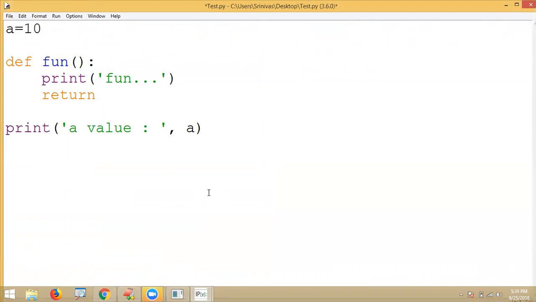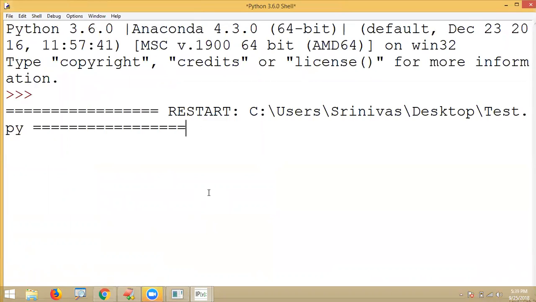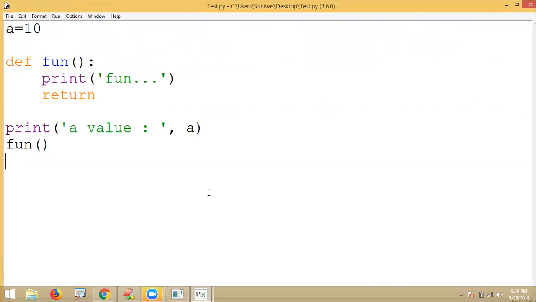And next one, I want to access the fun method. So this is simply the fun method. Whenever we execute this, a equals to 10 and fun, everything is executed. But see, in object orientation, how can we